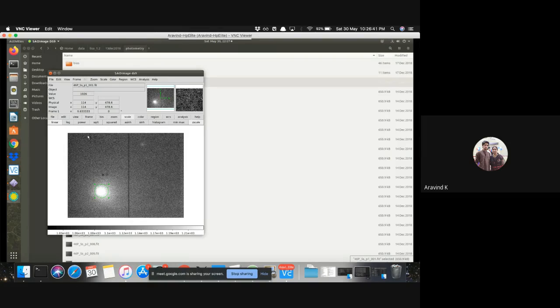If you already know the RA-Dec, which area you are observing, you can provide that. Even if you don't provide it, it will go through the entire database it has of the sky. It will start matching the arrangement of your stars with that database, get that field, and apply the solution. So basically, for every X and Y, you get a corresponding RA-Dec.